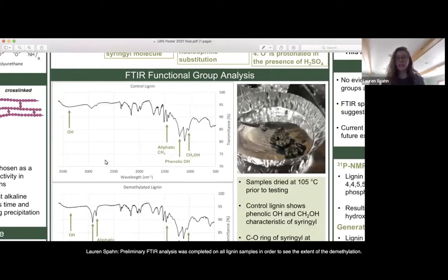Preliminary FTIR analysis was completed on all lignin samples in order to see the extent of demethylation. In the control sample, we can see the broad OH peak, aliphatic CH3, and phenolic OH, all characteristic of monolignols. The methyl group at a wavelength of about 1050 is characteristic of syringyl. We can also see a C-O ring of syringyl at about 1330 and the C-O ring of guaiacyl at about